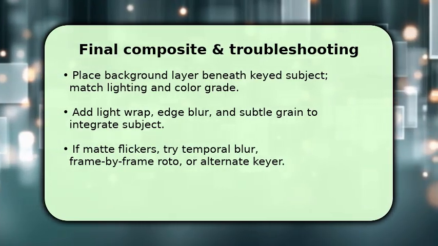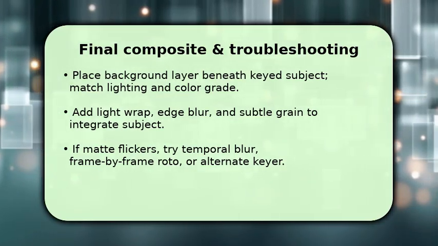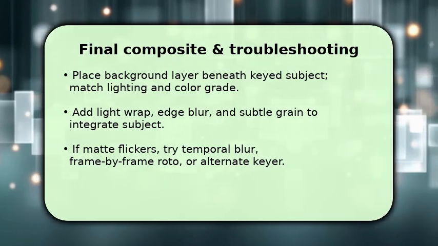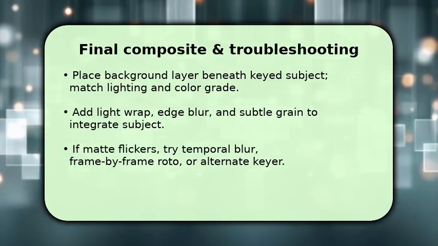If you see matte flicker or thin hair loss, try temporal smoothing or a small directional blur before keying, or switch to roto for problem frames. Alternatively, sample a different green patch and rerun Keylight. That troubleshooting step usually fixes the